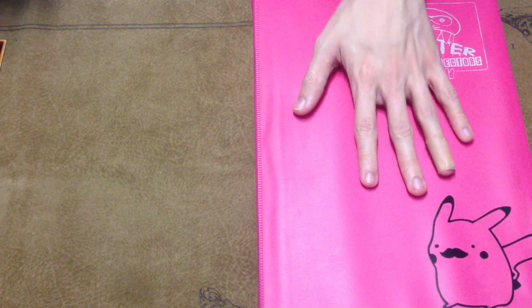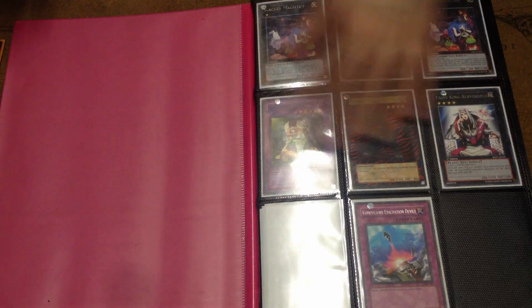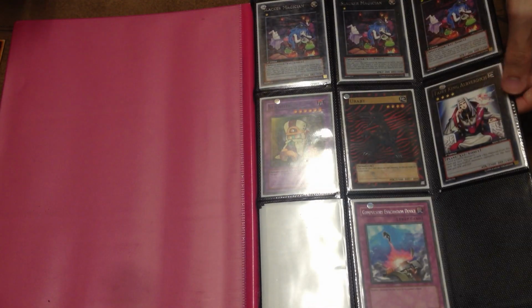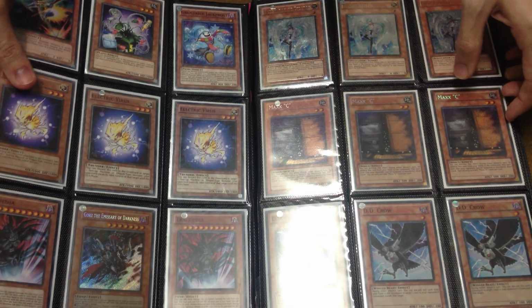I don't have everything in here, and there are some cards in here which aren't specifically side deck cards, but I just had them lying around and I really wanted to know where they were. I wanted to have them somewhere I would find them repeatedly. And my front covers are always really random stuff that's really irrelevant. But we're going to go through this, and this is the stuff which I regularly side deck or need to